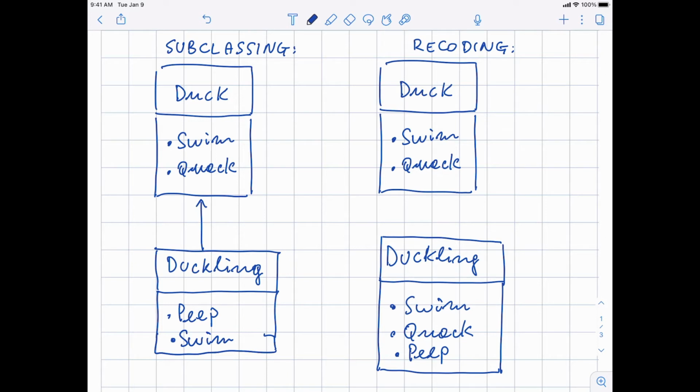Now in Python, often you use the organization on the right-hand side. That is, you define your duck with its own swim and quack methods, and then you define a duckling just re-implementing all the methods. This is commonly done in Python in the cases in which the internal structure of the duck and the duckling are really a little bit different.